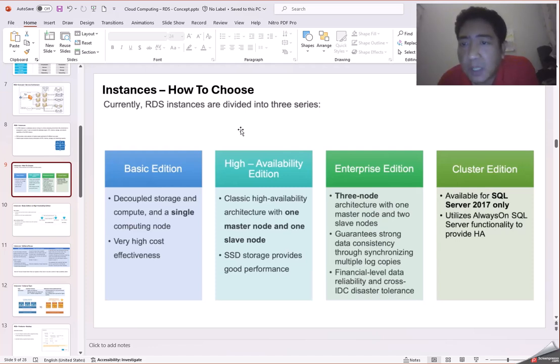And for the Enterprise Edition, there are three nodes, one master database and two slave databases, and the three nodes are synchronized. The Cluster Edition is available for SQL Server 2017 only, so we don't discuss this.